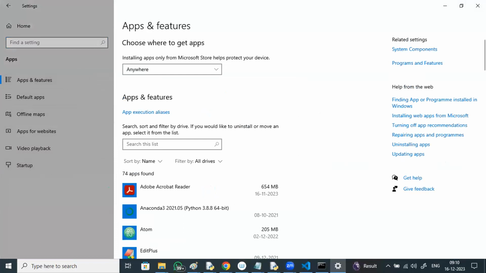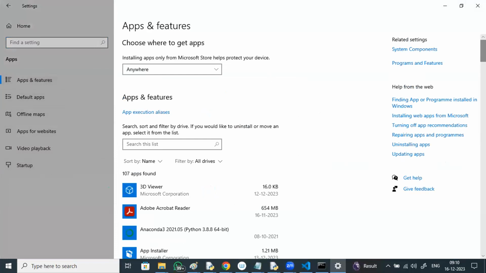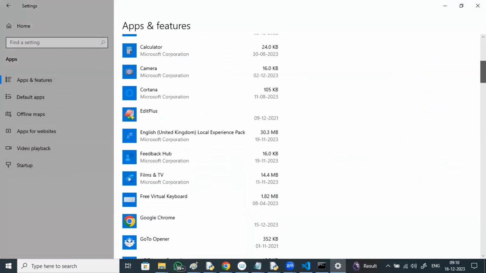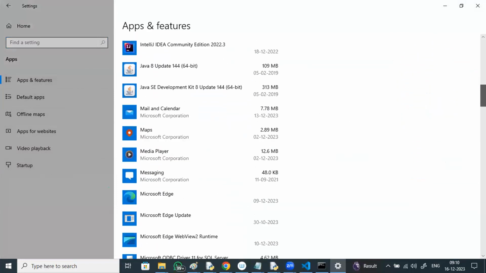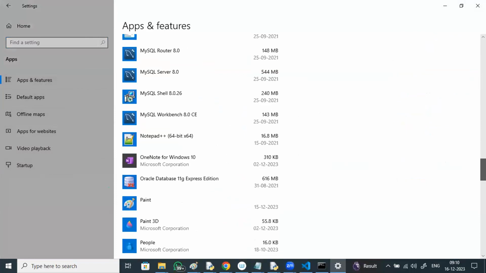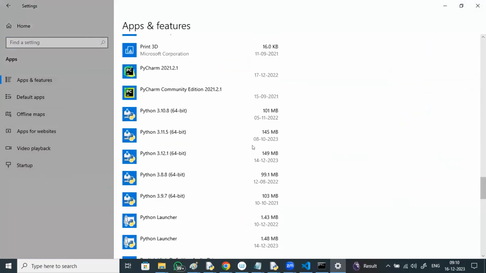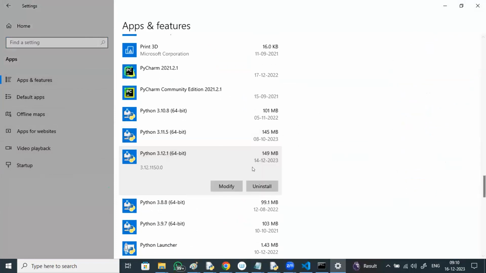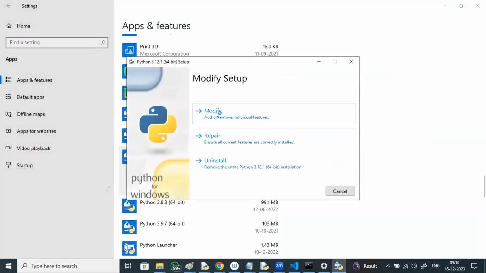Just scroll down. How will you uninstall any application, right? Go the same way. So there, instead of saying uninstall, you'll say modify. The modify option will be there.